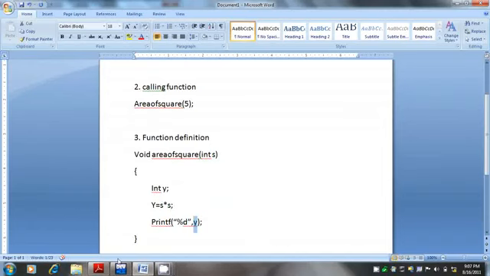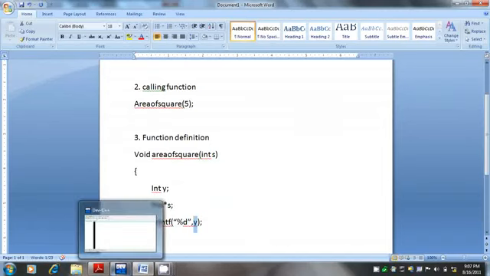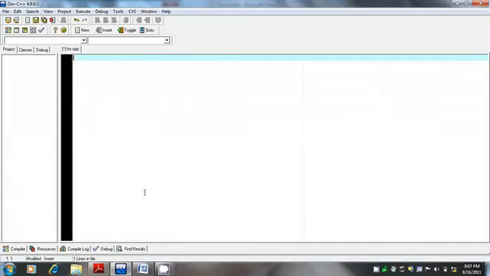So this thing would be more clear when we do it practically in Dev-C++. So please turn on full screen mode for better clarity. In this program I'm not going to pass any value or whatever. This is a simple program with the help of a function, and in the next program I will pass the value, and that would be a much more complex program.